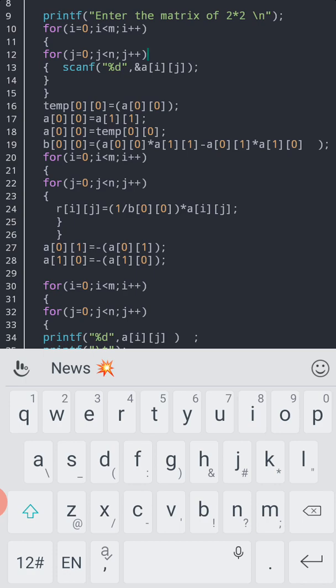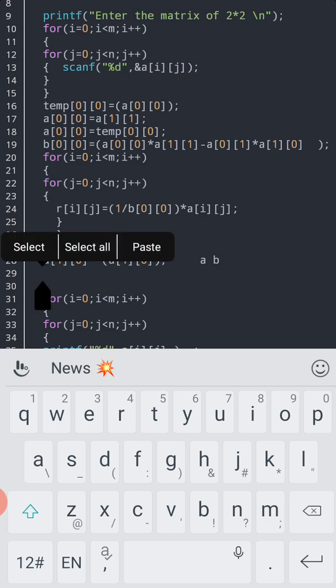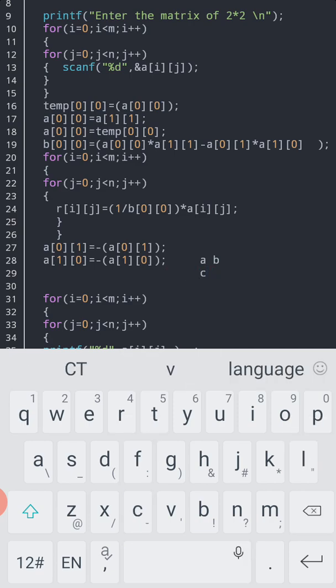Next, to find the inverse, let A, B, C and D be the elements.